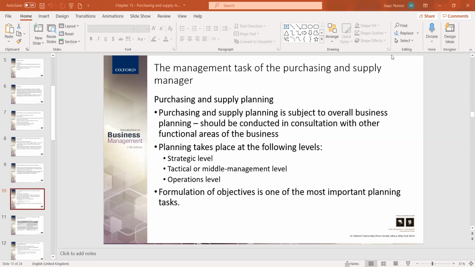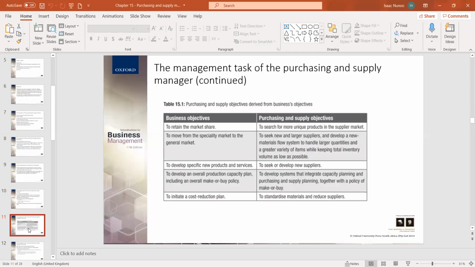In terms of formulation of objectives, it is one of the most important planning tasks, and we can summarize them in a table, which we are going to see in the next slide. So in terms of the formulation of objectives, we have a business objective, and we see how planning and objectives come in. So, to retain the market share,